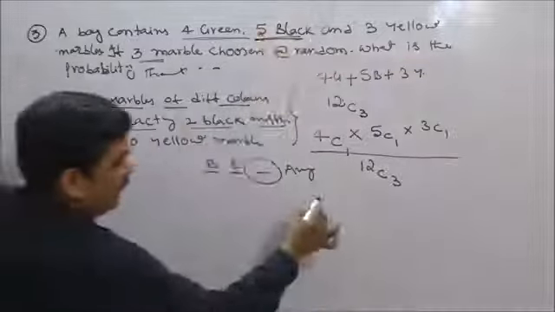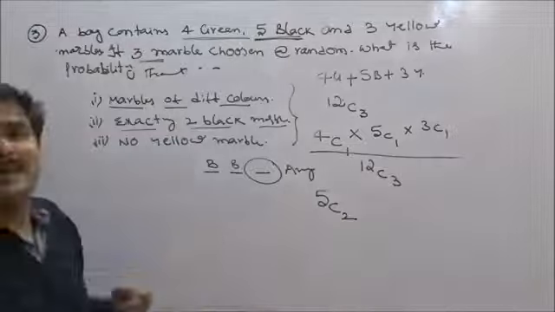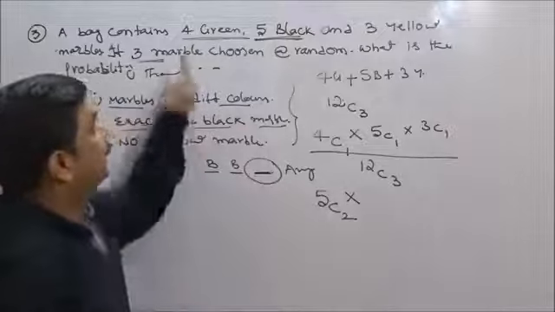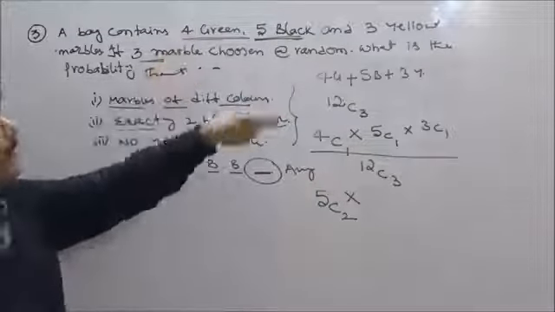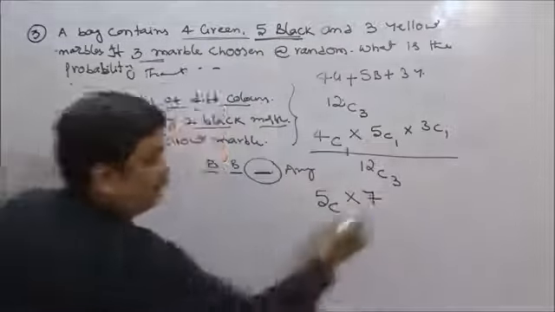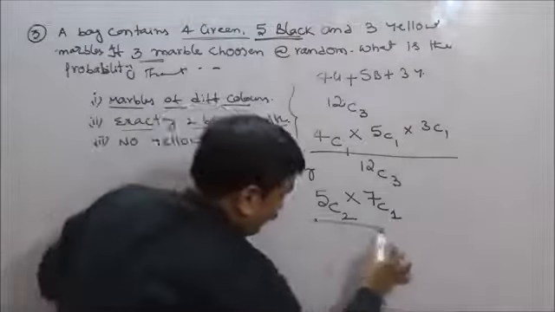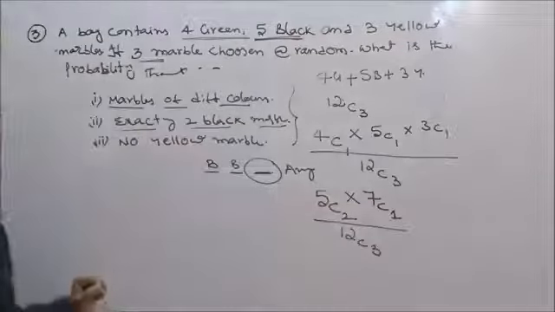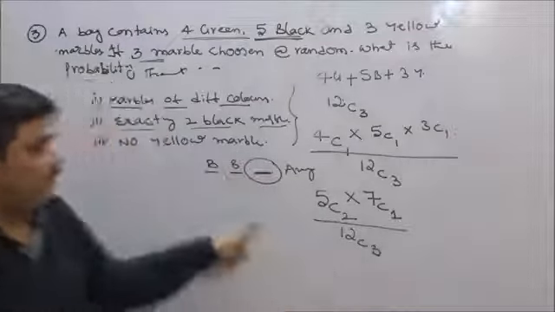Right? That should be, I am writing here, 5 combination 2. 2 should be black. And the remaining one can be green or yellow. You can take anything, whatever it may be, green or yellow. In this case, what happens? 4 plus 3, it is 7 combination 1 or simply 7 divided by 12C3. Remember this one. The beginner students particularly who are learning this concept should be very careful about this type